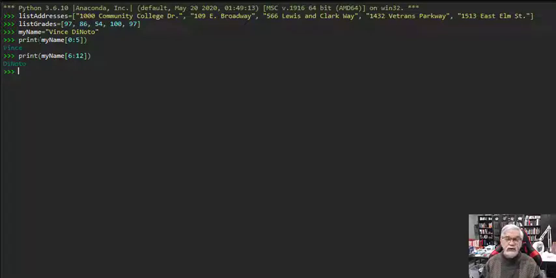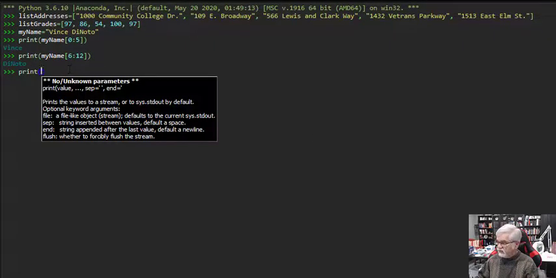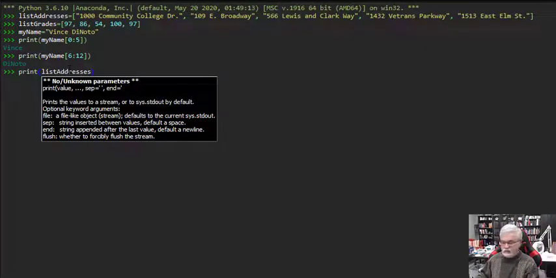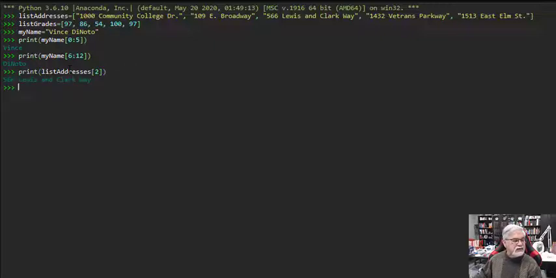Now we can do sort of the same type of thing with a list variable. So let's see how we would do this with a list variable. We're going to come in here again and type print, parenthesis, and put what variable. So we're going to do list address, square bracket, and say I wanted to put the second position from the list. I want that printed. So let's put a 2 there, get outside the parenthesis, hit enter, and it prints the Lewis and Clark Way